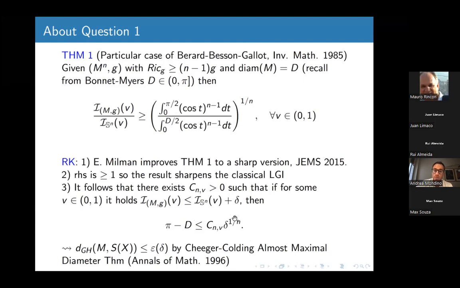Okay, and now it is already saying that the manifold has some property close to the sphere of radius 1, because the sphere of radius 1 has diameter exactly equal to pi. But there is more. Indeed, by a beautiful result by Cheeger and Colding published in the Annals, what they prove is that if the diameter is close to pi, then the manifold must be close to a spherical suspension. So the spherical suspension must be thought of as a kind of non-smooth analog of the round sphere of radius 1 in the non-smooth setting.